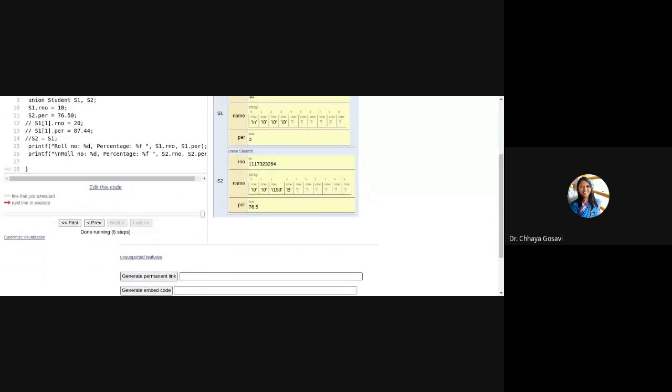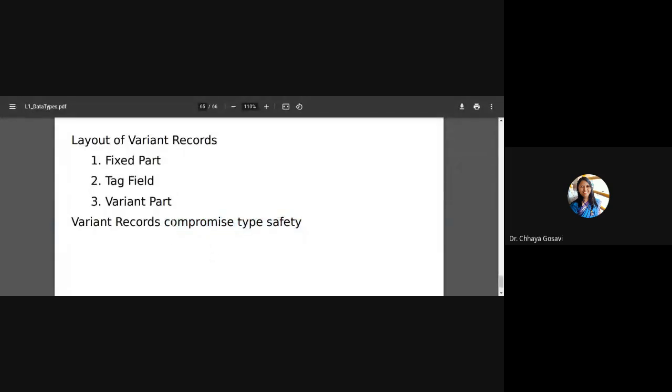That's why our slide says it compromises type safety, because we have defined type integer, float, and we are storing it in a character array. Memory is allocated for the character array. That's why it is called compromising safety.